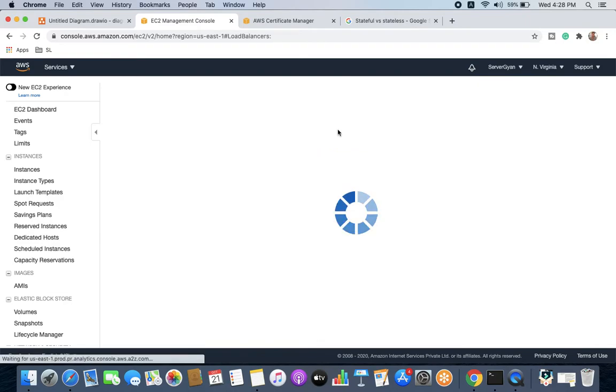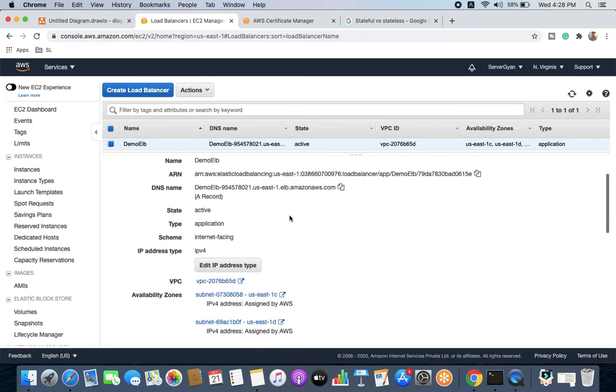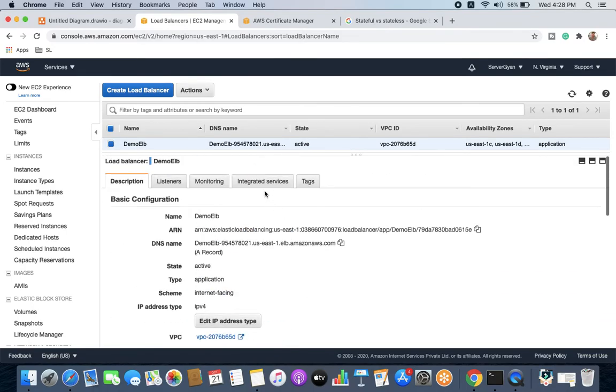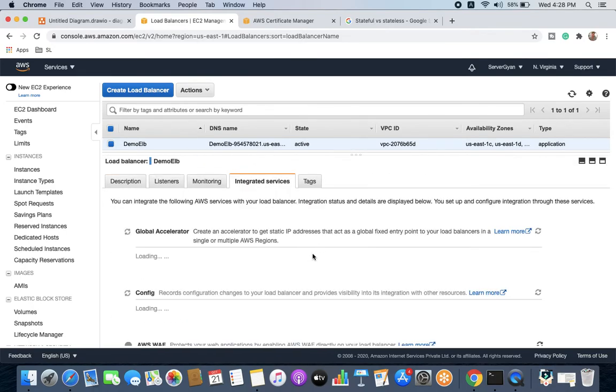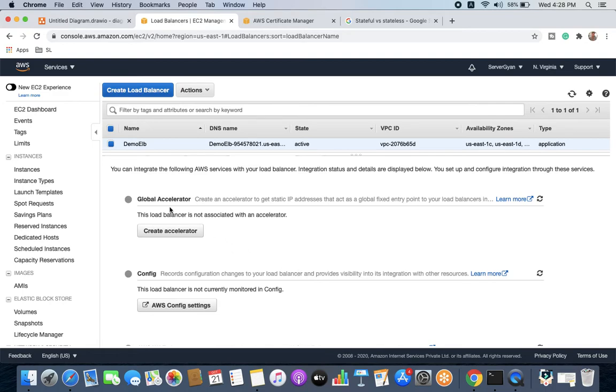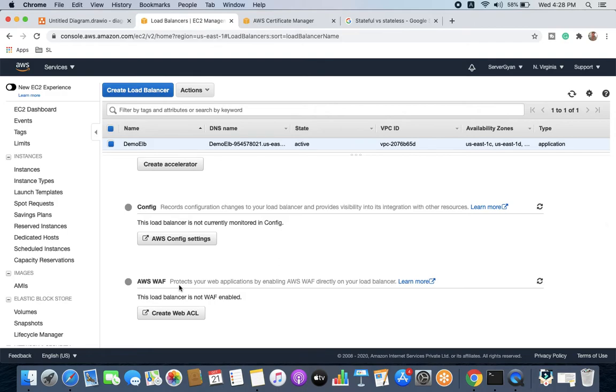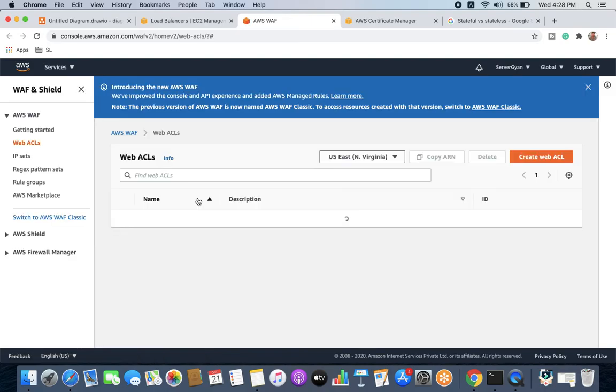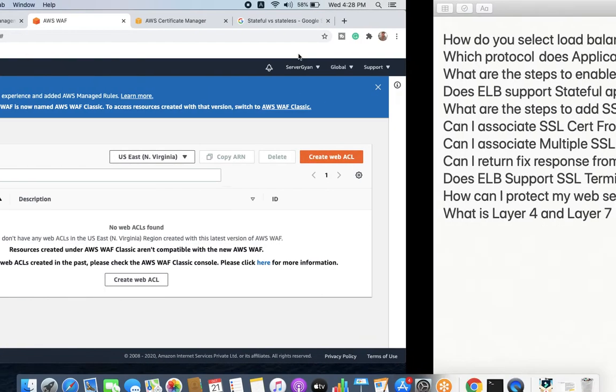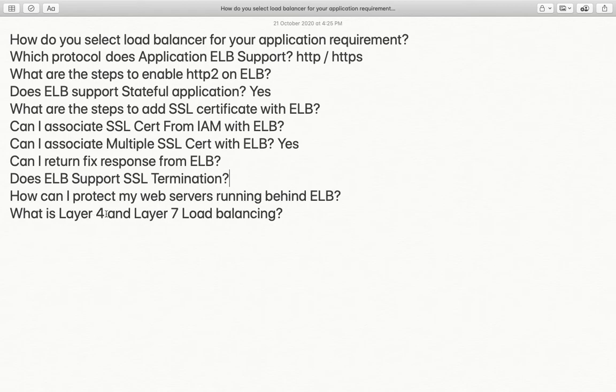So we will go to Load Balancer, and after going to Load Balancer, what you will do here is look at integrated services. These are the services, like you can include Global Accelerator, you can include Config, you can enable WAF. So based on that, you can include a WAF, or maybe you can include Shield along with WAF with this particular load balancer, right? So this is how you can protect your servers running behind the load balancer.